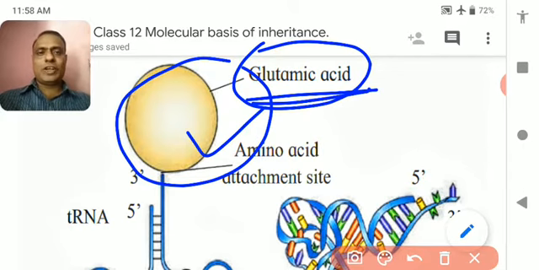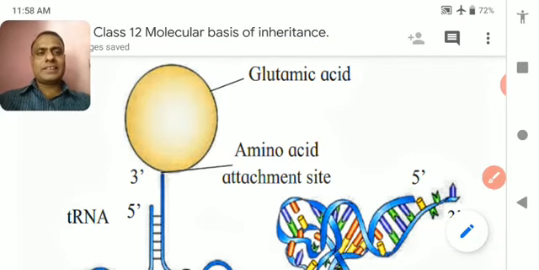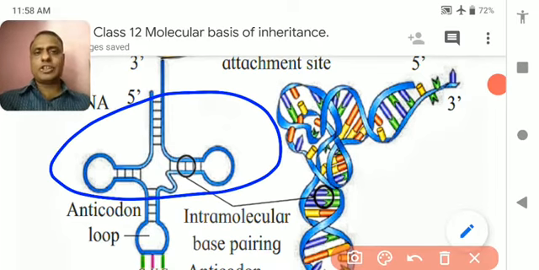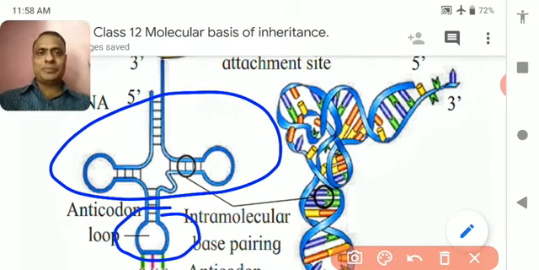I will explain all the things. So all these structures are called secondary structures of the tRNA,